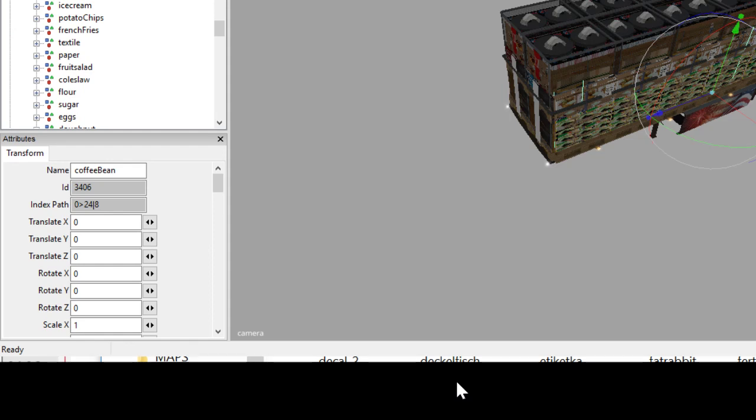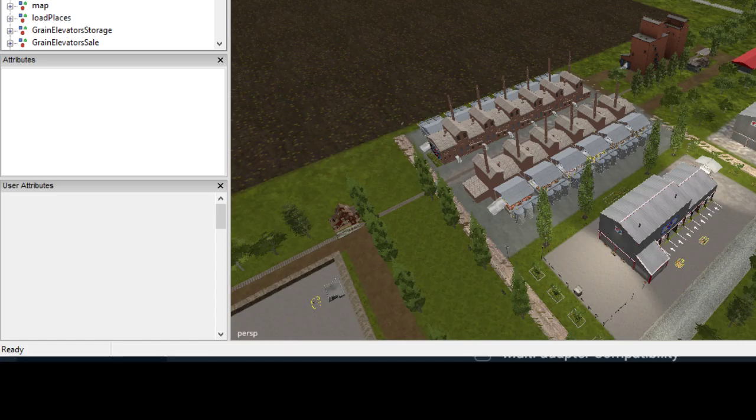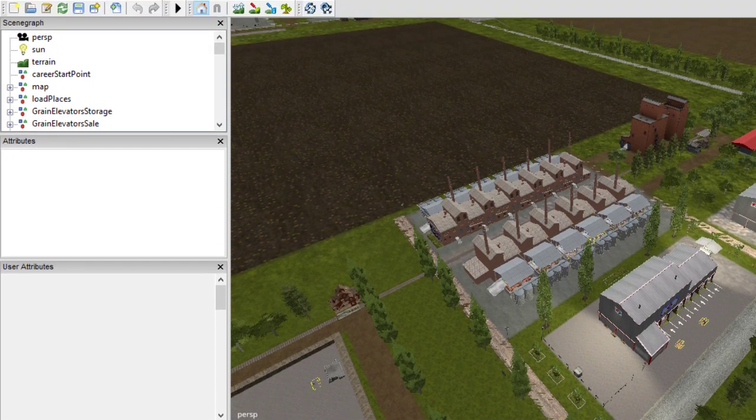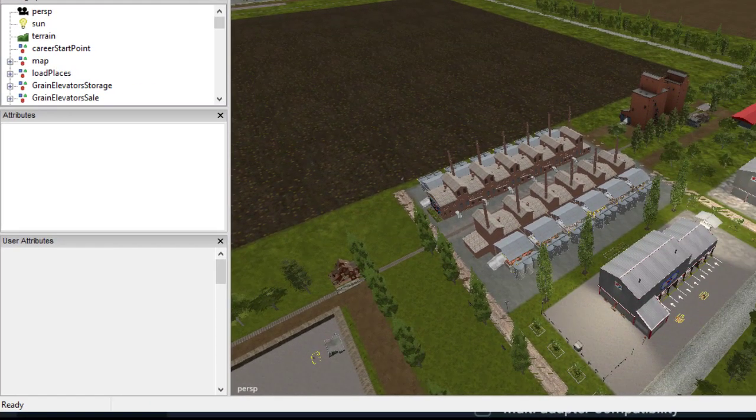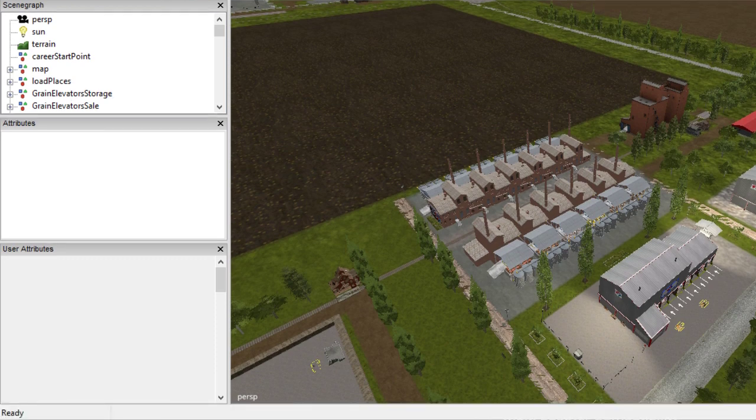Okay, so let me change back. Let's see, I think no, it's not this one. This one. Okay. Trying to get it up where you guys can see. Okay. So here's where I am. I'm back on the old map. What I could do,